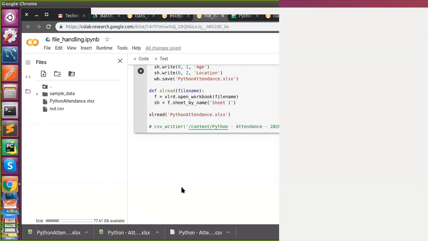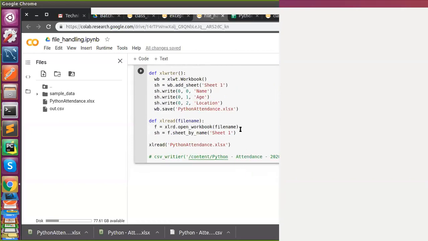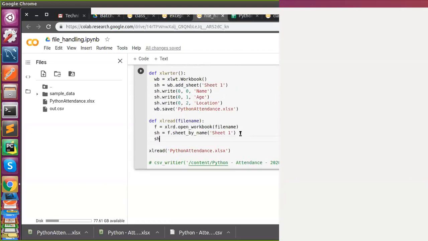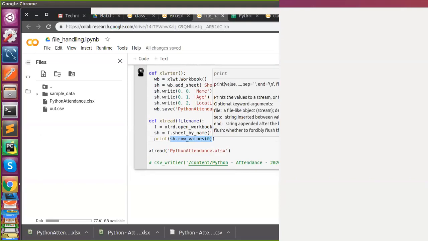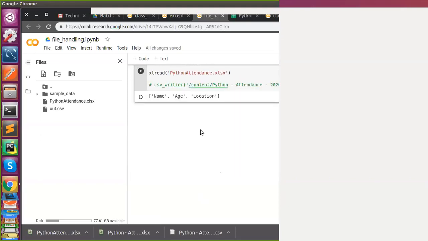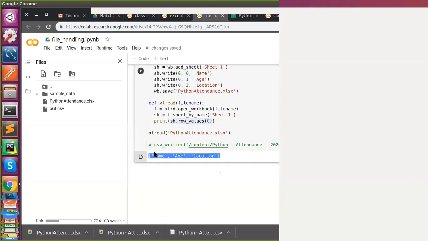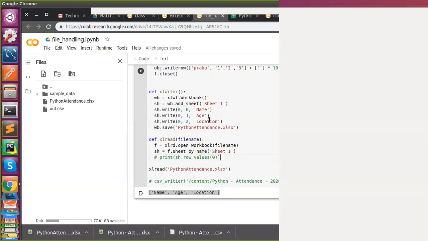There might be an attribute error. Once you choose, you get row values. I'm having only one sheet, so at the 0th index, I'm just printing it. Please do practice. This is the difference between parsing Excel and CSV. Both codes are there, so please start practicing it.